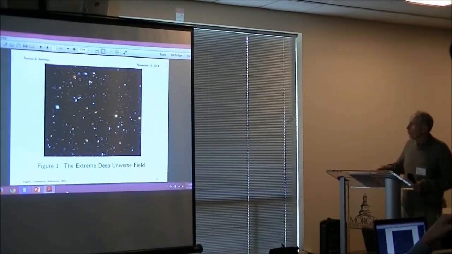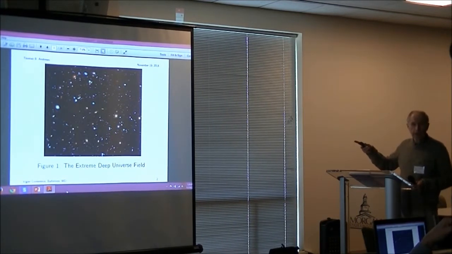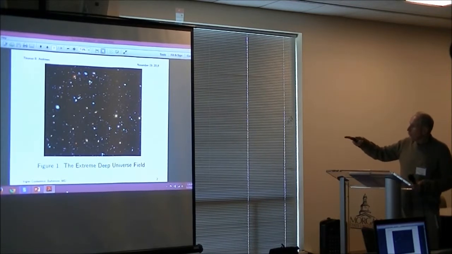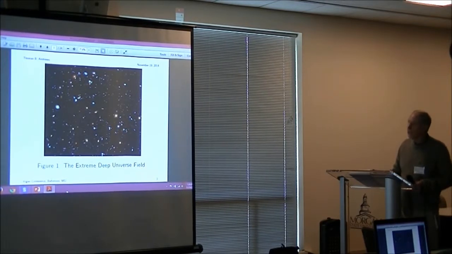First, I'll show just a picture of the extreme deep universe field. This was a picture taken of an empty space of sky where the Hubble telescope stared at a particular area for 23 days. And the galaxies in here are from z equals 1 up to a maximum of z equals 10. I just show it to indicate, how do you understand such a picture? What sort of understanding can you make of it? It's very difficult to understand what's going on. Everything looks random.